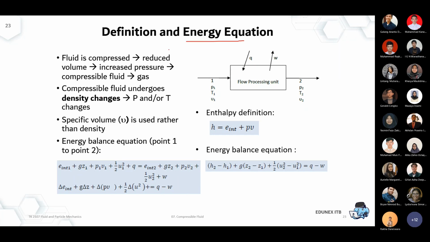Okay, what does that mean? Consider point 1 and point 2 where you have an open system and you need to increase the pressure because of the pressure drop requirement. Okay, for example, if we are strictly talking about the entrance point of the compressor versus the exit point of the compressor, then we can talk about this point 1 and 2. Point 1 is the suction point, the entrance point, and 2 is the discharge point.